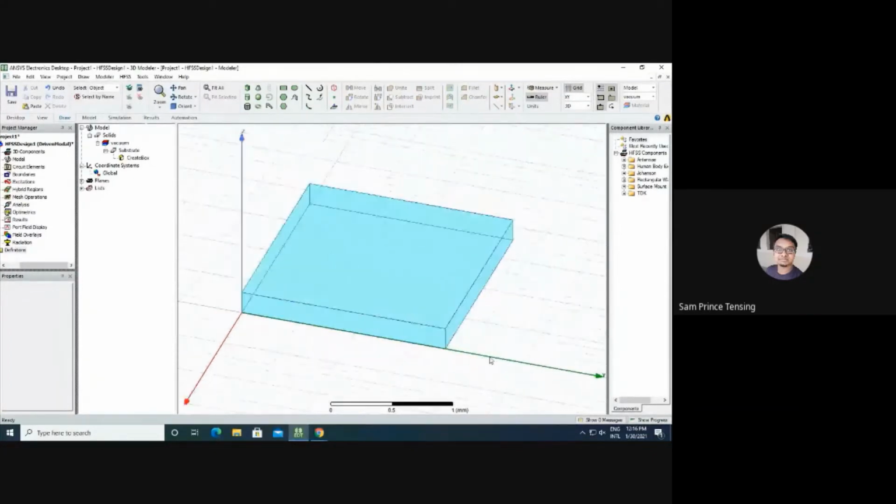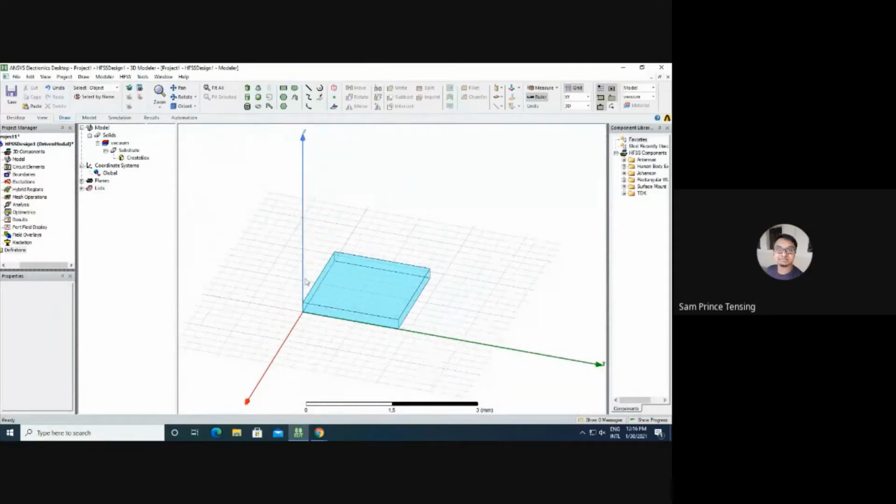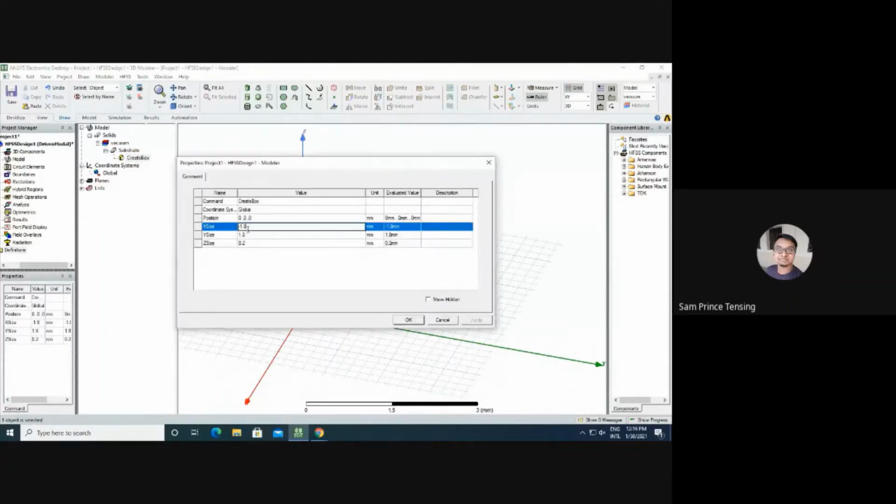You can draw wherever you want, and have your design based on your convenience. It's not like you have to draw here only. You can draw anywhere else. I usually design by keeping the substrate in the center. My length is 30 mm, and my breadth is 30 mm.